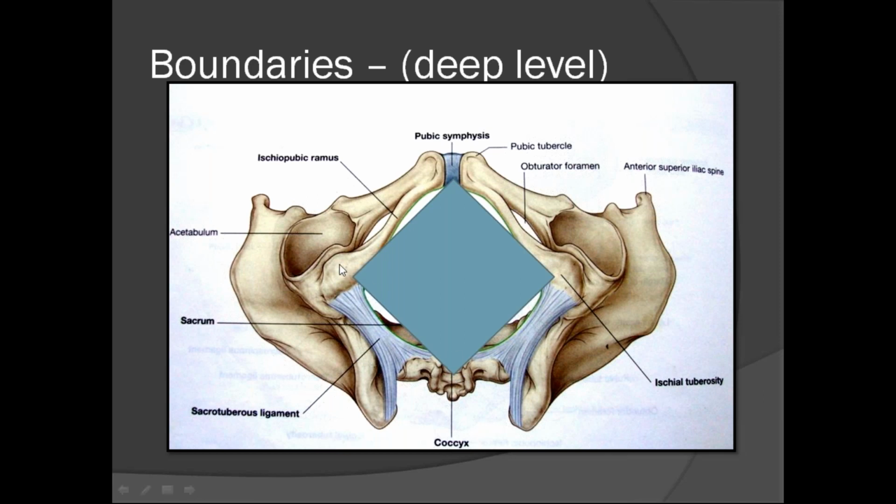An imaginary line drawn from the anterior part of the ischial tuberosities divides the perineum into two triangles: the anterior urogenital triangle and the posterior anal triangle. So these are the imaginary divisions of perineum. The anterior triangle is called the urogenital triangle, the posterior triangle is called the anal triangle. This is the imaginary line.